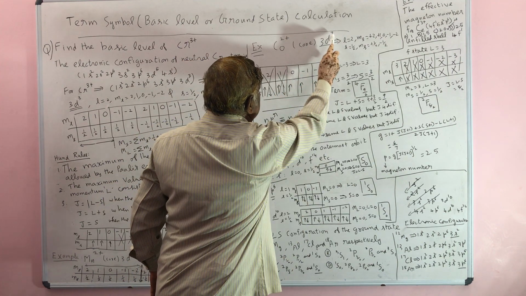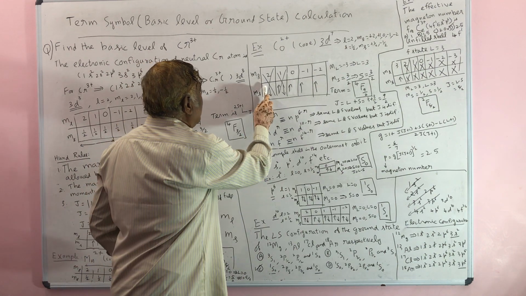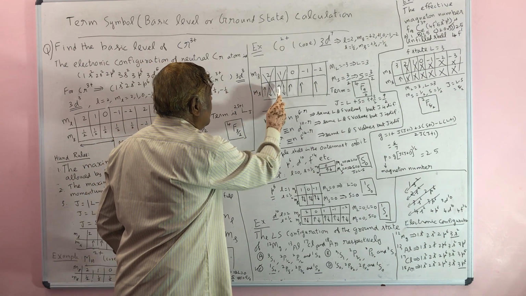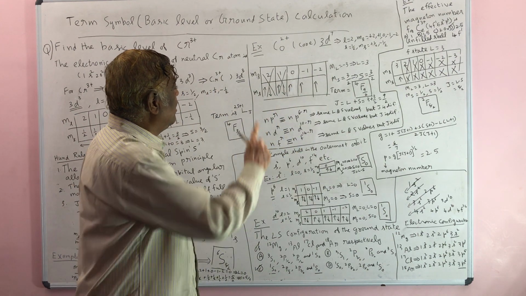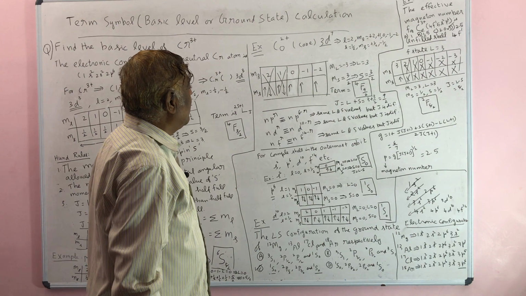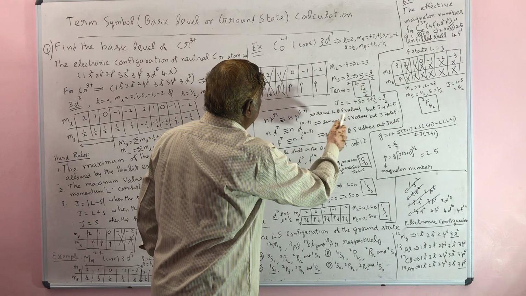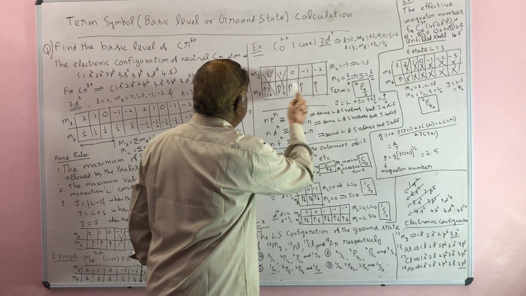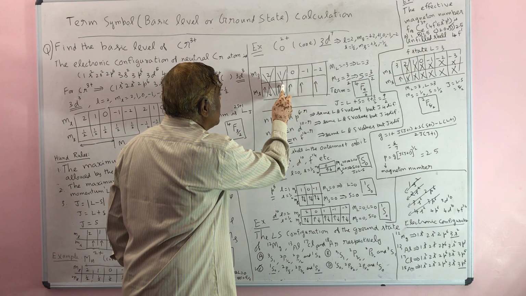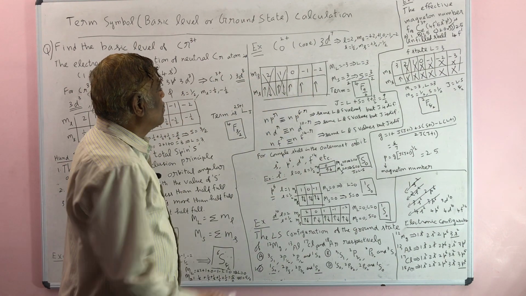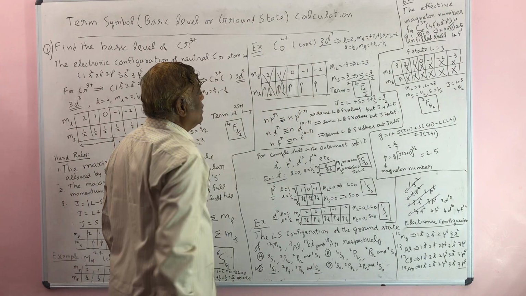Then 7 electrons. So, first you fill completely the spin up: spin up 1, 2, 3, 4, 5. So, first draw all the vertical arrows. Then the next 2 electrons must go in ML 2 and the next state, but spin down. So first you fill up, and then down.